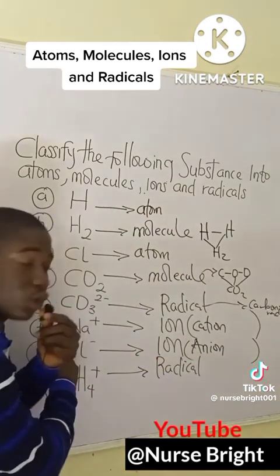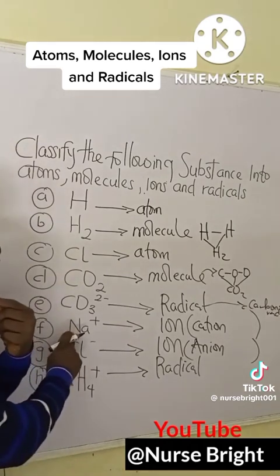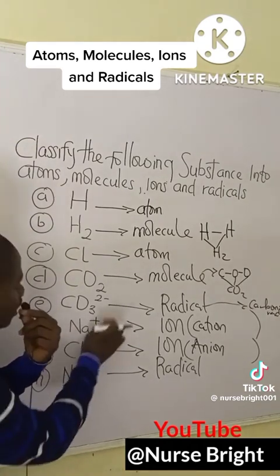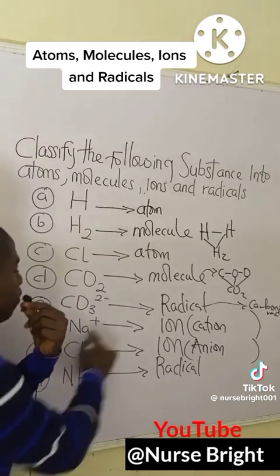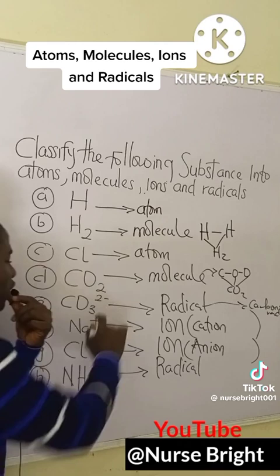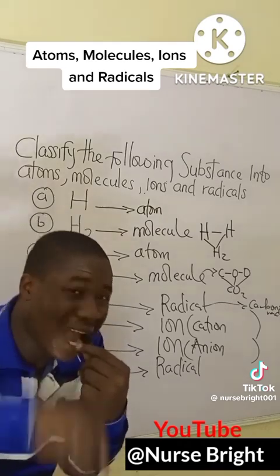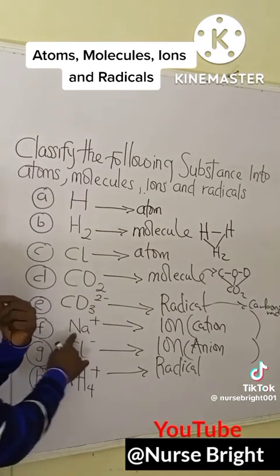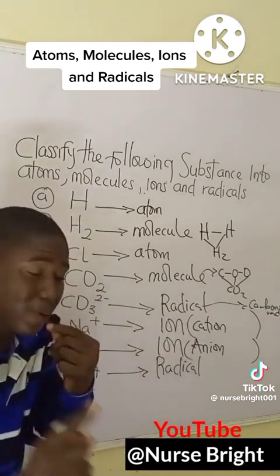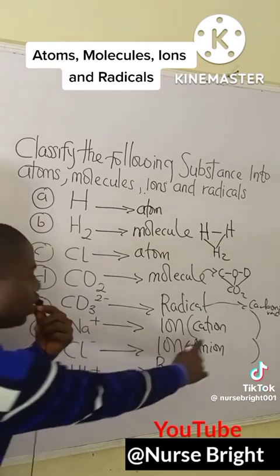Now for the next, which is option F, this is sodium and this is a charge which is +1. So what does it mean? This is just a sodium atom, and this sodium atom is bearing a charge. It must be noted, a charged atom is simply called an ion, but to be specific, it is positively charged, so we call it